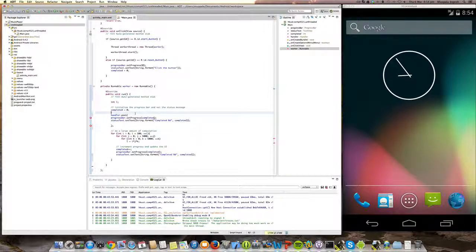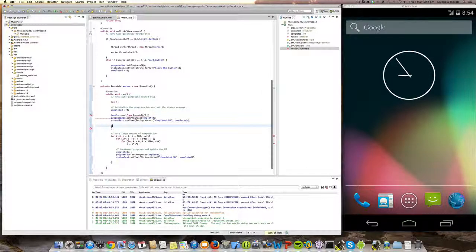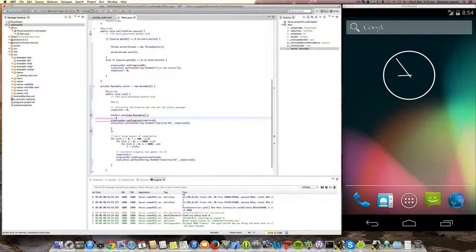So handler post new, and then this should be inside the run method in here. So these changes that I'm making should be